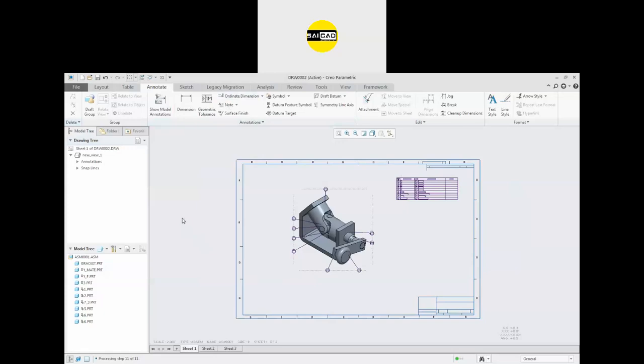It needs at least 40 to 45 days to complete just the basics, like solid, sheet metal, surface, complete assembly, and complete drafting. So we have a module called Creo Essential. In that, we have 45 to 50 hours of training, and we will be covering all the commands that you can see here. Everything will be covered in that training.